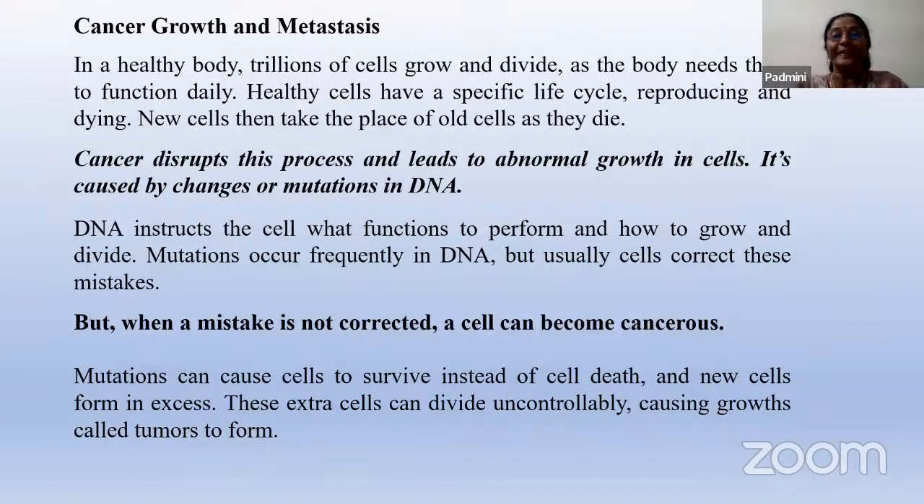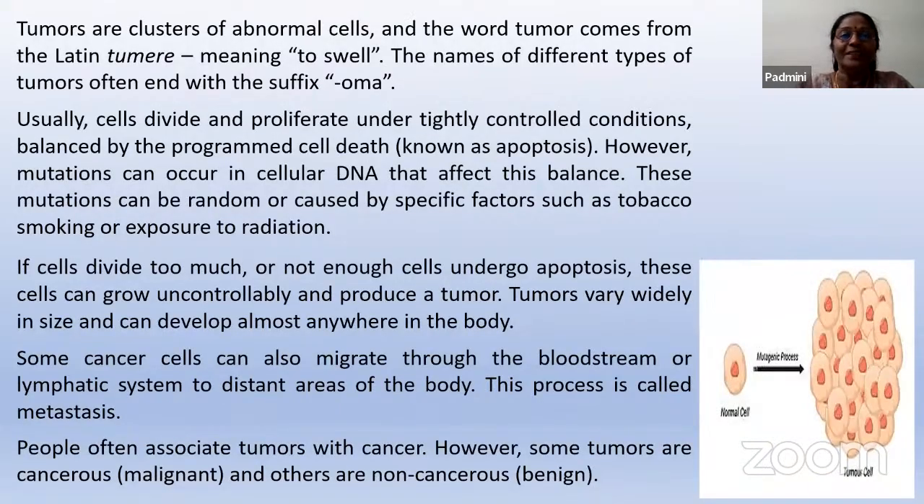Because once the tissue is healed up, the cell has to stop dividing. But due to mutations, what is happening? The old cells, instead of dying, are still surviving, and this also produces again and again. Then numerous growths are formed that lead to cancerous cells, due to the cells dividing uncontrollably. Now, tumors are clusters of